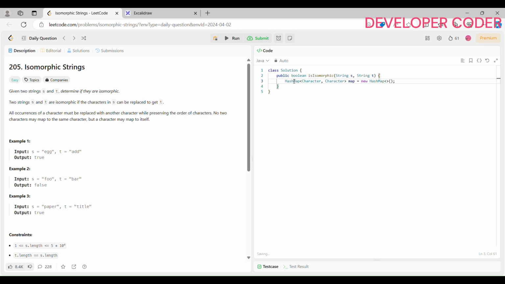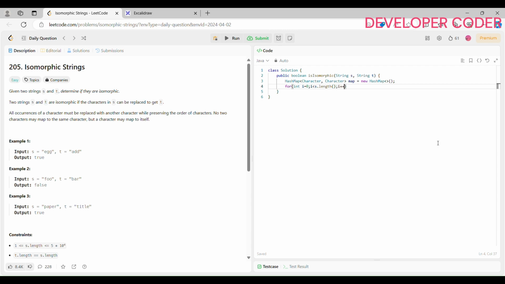Now after that, here we are going to run one loop. So for that, write for int i is equal to 0, i is less than s dot length,